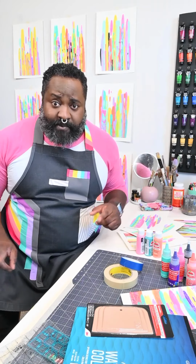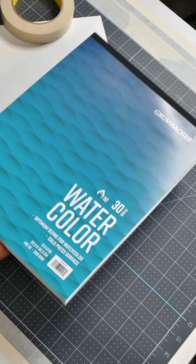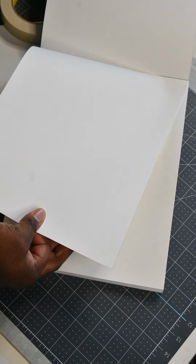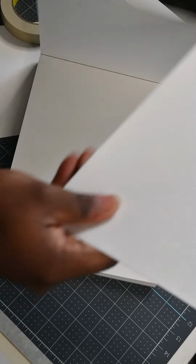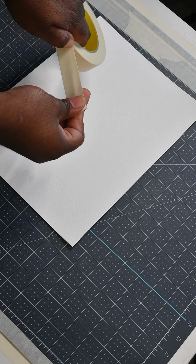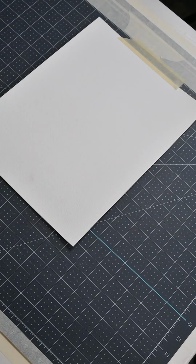So for step 1, I'm going to prepare my workspace. My setup is pretty simple. All I do is take a sheet of my watercolor paper, and you can cut this down to be smaller size if you prefer. And I'm just going to tape this to my work surface with a small piece of masking tape. Now this is going to hold the paper in place while I run my squeegee down it,